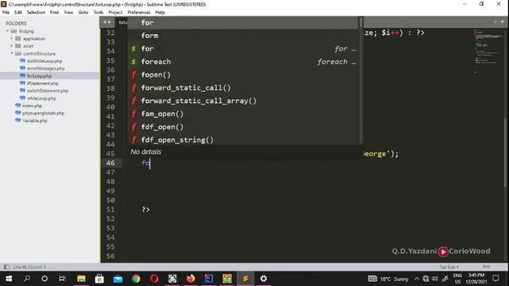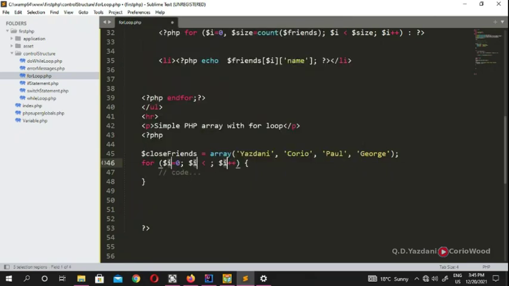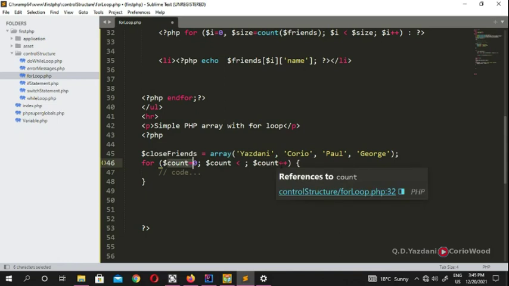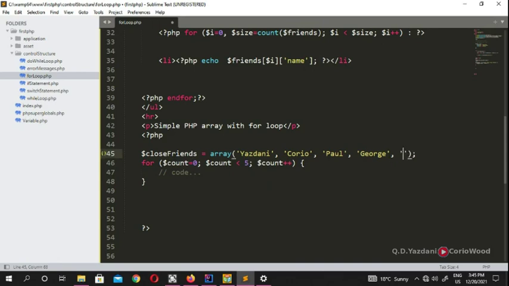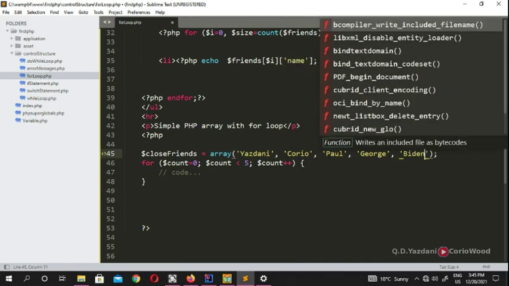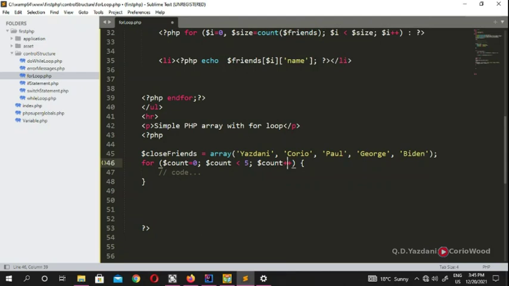So you can run your for loop, and then instead of all, you can put a count. You see in here, I changed the count, and it changes everything here. So count is less than what, 4. We have 4 friends. You can put 5 friends, so I'm going to change it to 5. I'm going to add 1. Say the last one is going to be Joe Biden, for example, and then the count is going to be plus plus, and then you can put your echo,